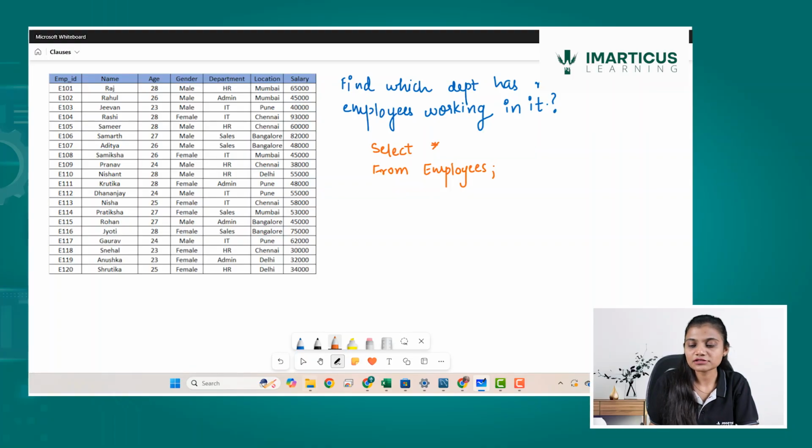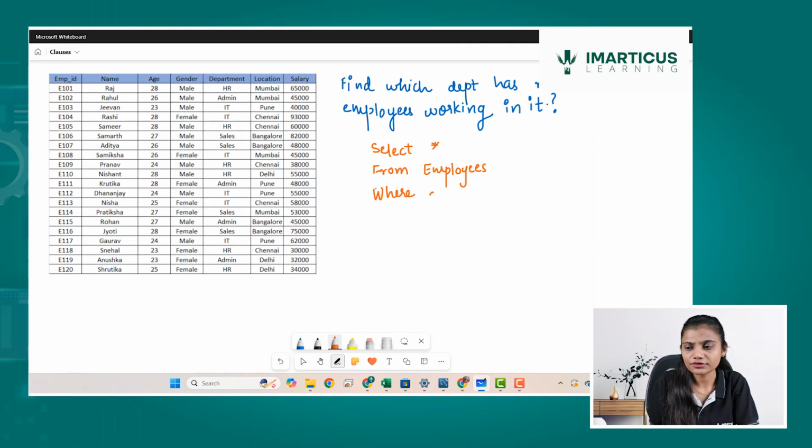Now if someone asks me to write a where clause, it would be where. But do I have any filtering condition here? I do: the count of employees must be greater than 3.